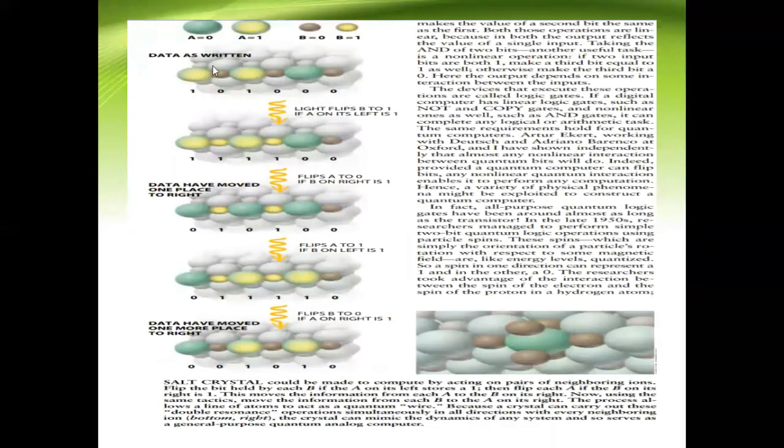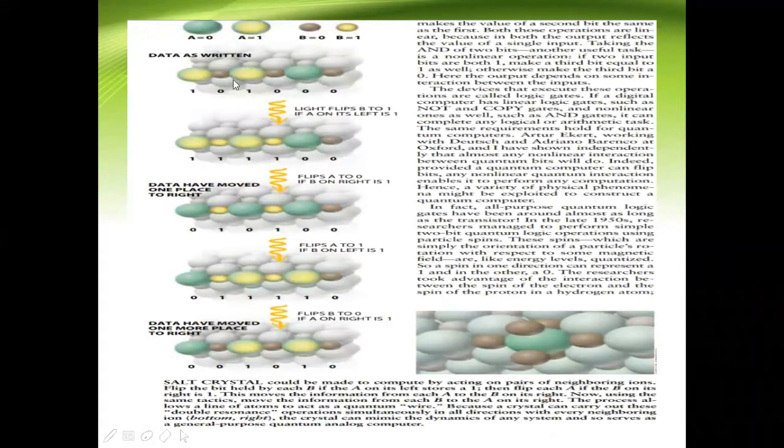Here you can see when A is equal to 0, B is also 0. When A is equal to 1, B is also 1. That atom, this is atom A, atom B. Atom A in the 0 position, B also in the 0 position. When atom A is in the 1 position, B is also in the 1 position. And you see that this is the atomic molecule.